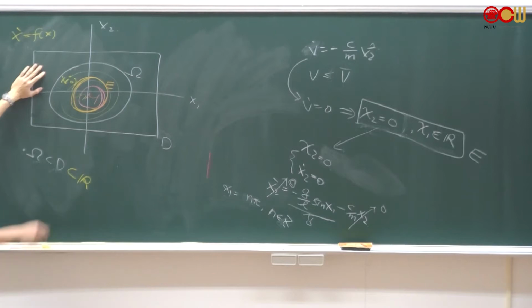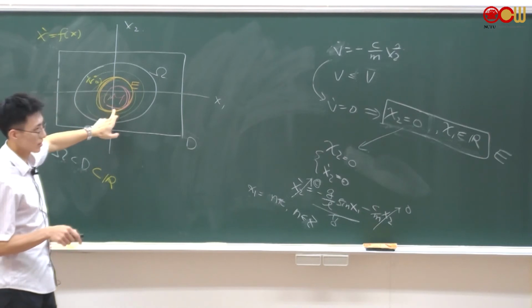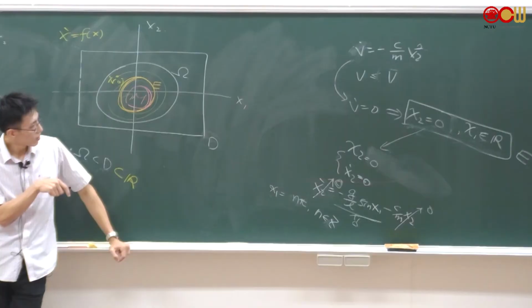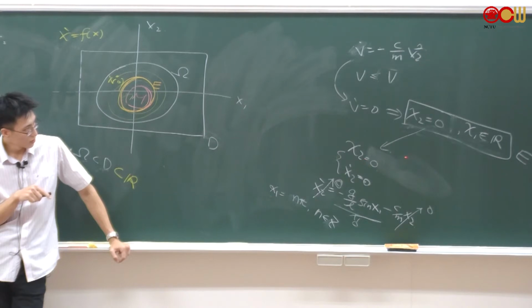So if you don't use the invariant set, the best you can conclude is this, which is a line. To find this M set, you can use whatever x in the E set that satisfies this dynamics, okay, which is this. Then you can find the M set. So did we solve this ODE? No, right? We only use this invariant set theory, right? We never tried to find the solution of this ODE, but we still can prove it converges to x1, x2 equal to 0, 0, right?